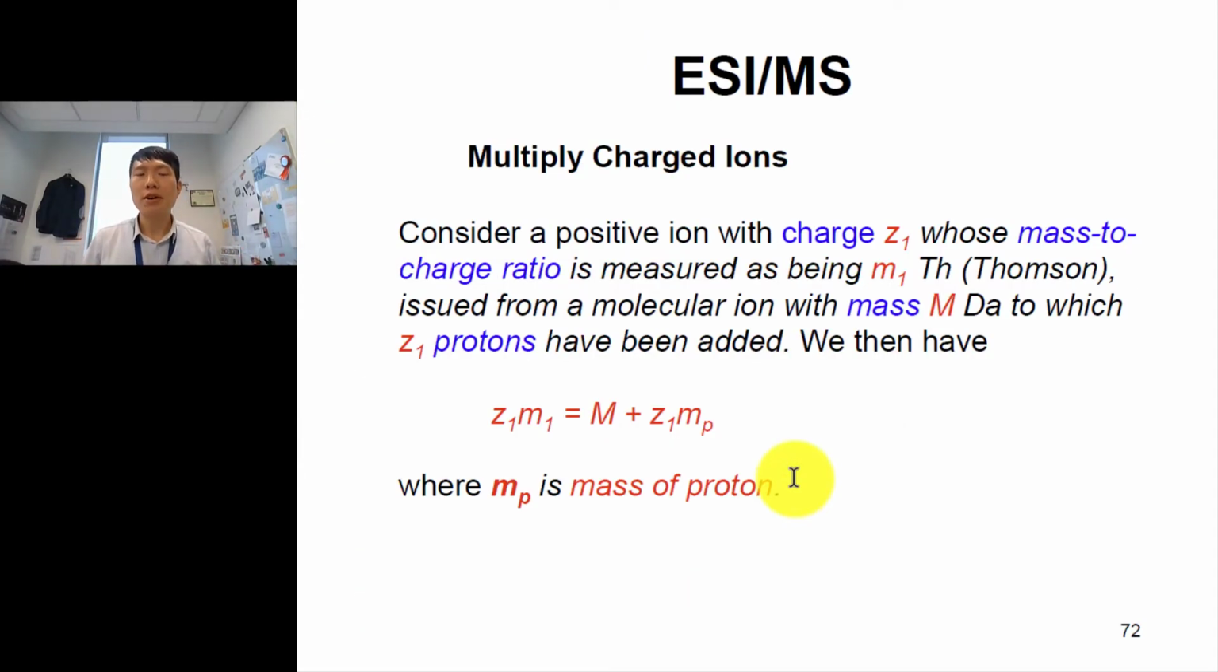Now for multiply charged ions. So now you consider a positively charged ion with Z1, and the m/z ratio is measured to be M1 Thomson, issued from a molecular ion of mass capital M Dalton. The 1 Dalton is 1 AMU, atomic mass unit, into which Z1 protons have been added. Then we have this formula where the product of the protons and its mass equals the mass of the molecular ion plus Z1 multiplied by Mp. Here's the mass of the proton,